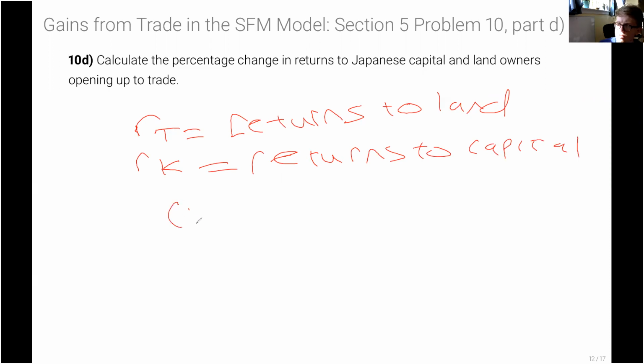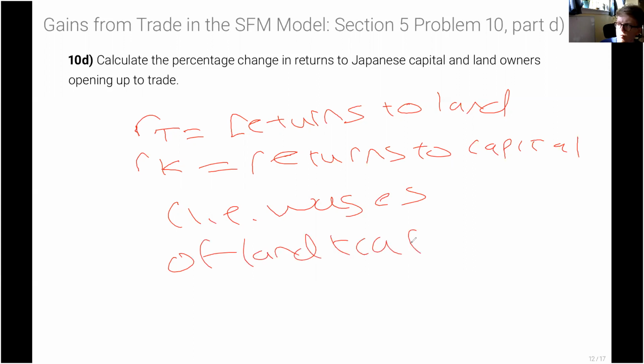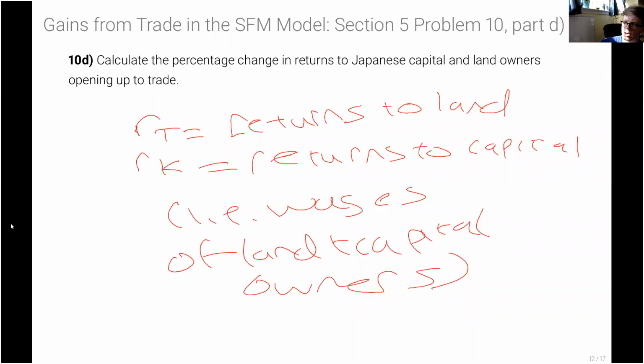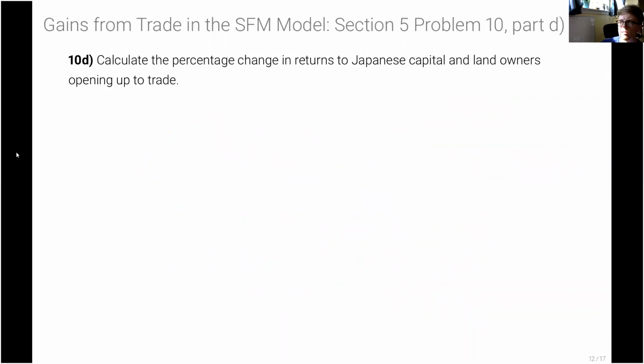In effect, these are just going to be wages of land plus capital owners, and so they're analogous to the wages given to laborers, but in this case, they're just the wages of land plus capital owners. Okay, so with that out of the way, what we can note is that similar to